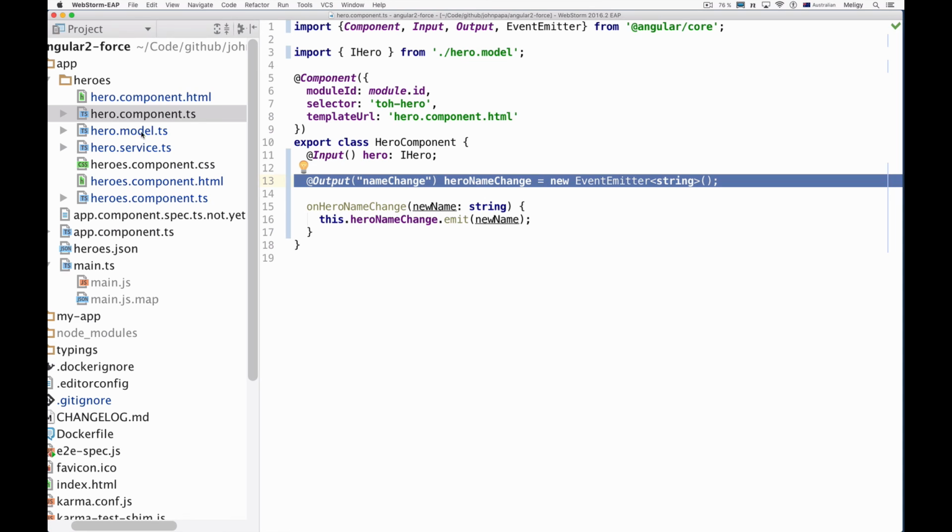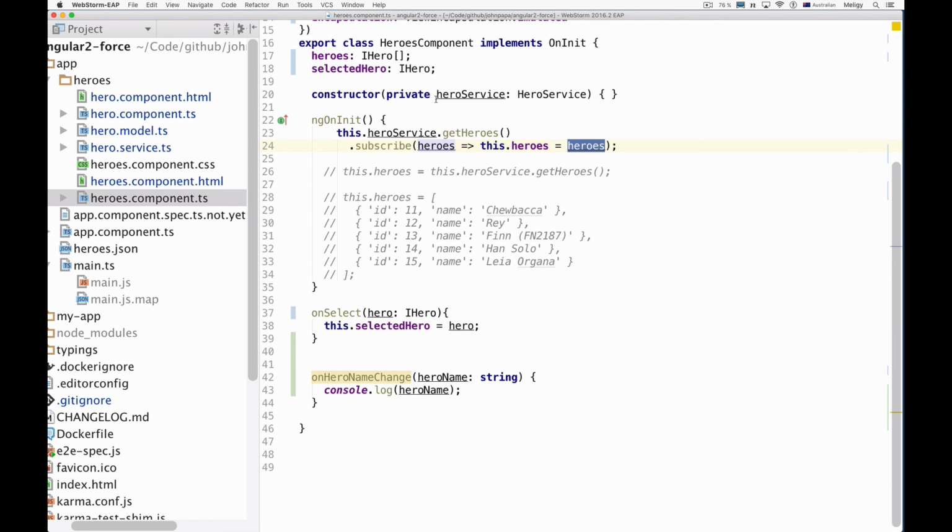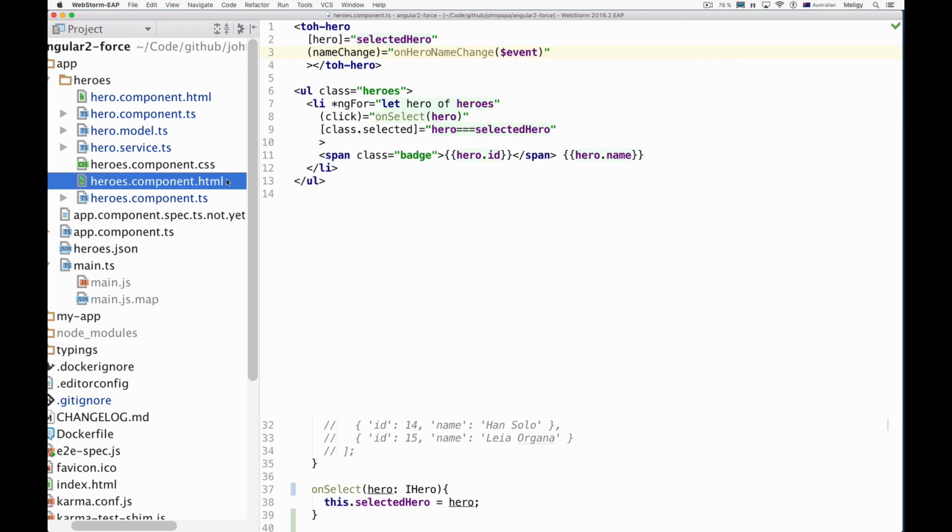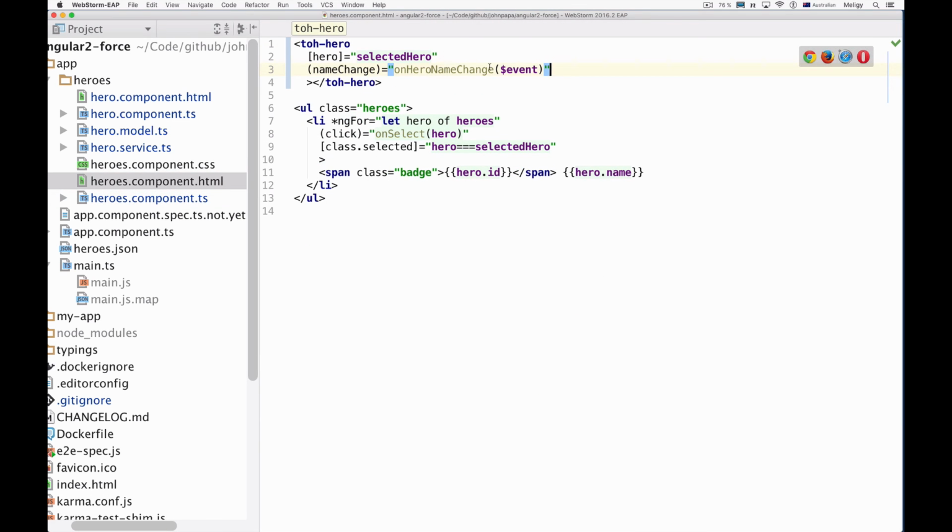But then in the parent component, you can go, and in here I'm saying, when you listen to this event, just call this one with the event. So the event is what you emit